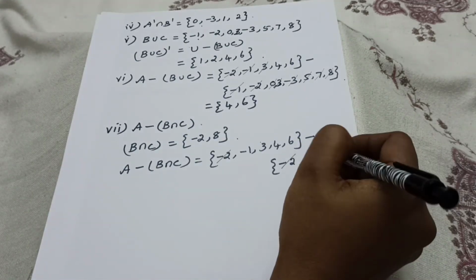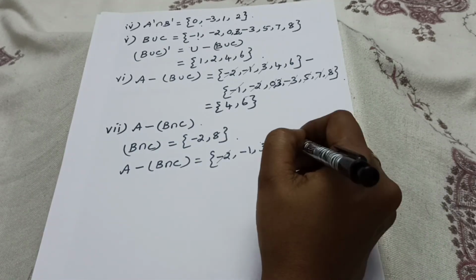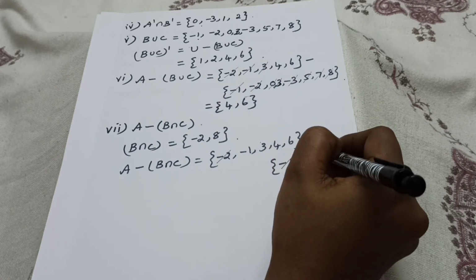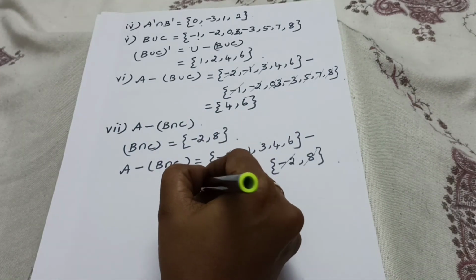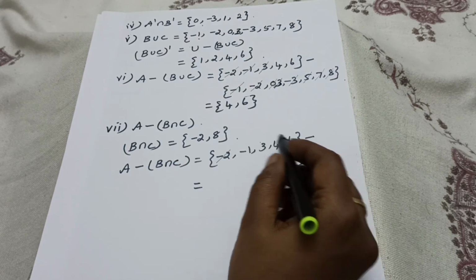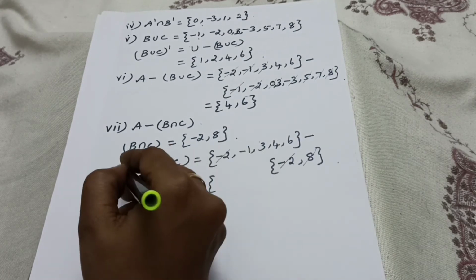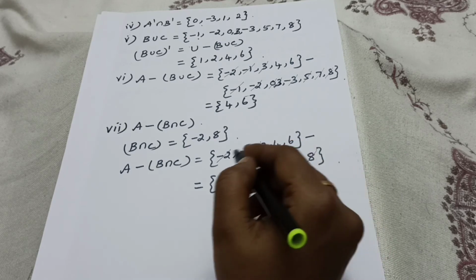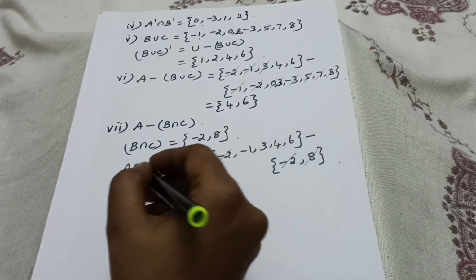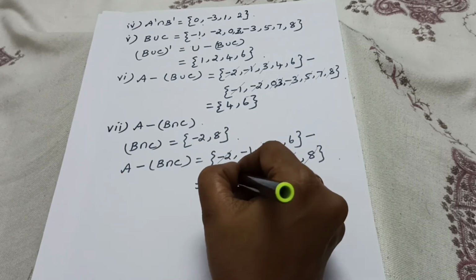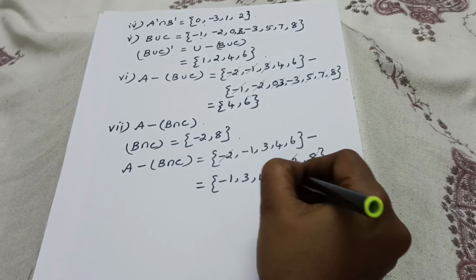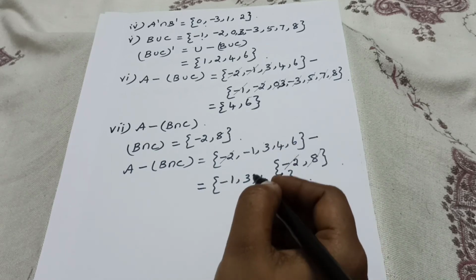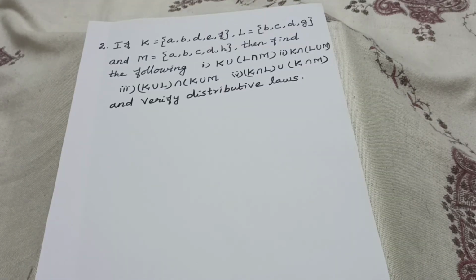Very clear? Then this 8 also. 8 is not in A set, isn't it? This also we have to cancel, no need for us. Then what are the elements we need? Remaining A elements except B intersection C, and then A elements minus 1, 3, 4, 6. Have you understood? Any doubt?